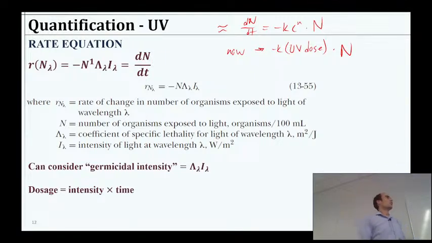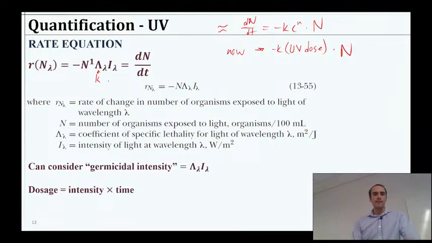Okay. So the difference here is just that we're putting in a different feature for what's doing the action, right? And presumably we're going to keep that constant. Okay, so when we take a look at our rate equation, the rate at which N is changing for a given wavelength is minus N to the 1 power, so it's first order, depends on how many are there, times this uppercase lambda, that's going to be our coefficient, that's going to be our k basically,